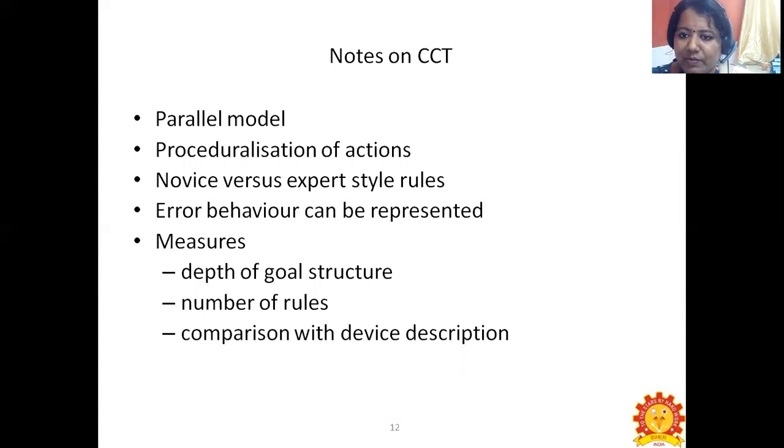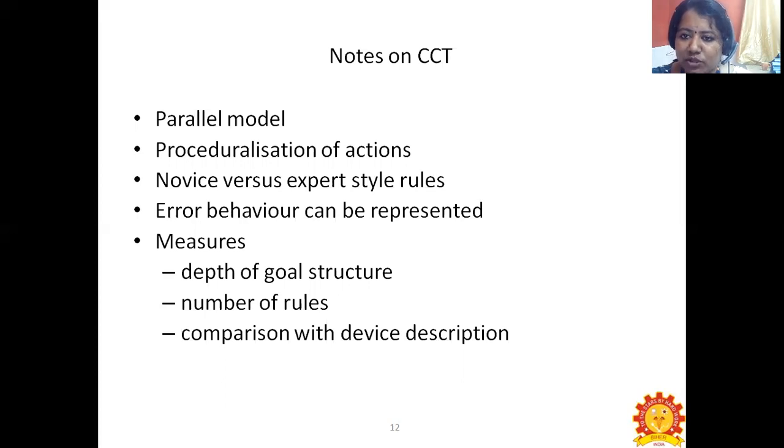The notes are, we'll have a parallel model. Next, proceduralization of actions, novice versus expert style rules, and error behavior can be represented. Next, we are going to measure the depth of the goal structure, the number of rules, and the comparison with the device descriptions. So these are the notes which come under CCT.